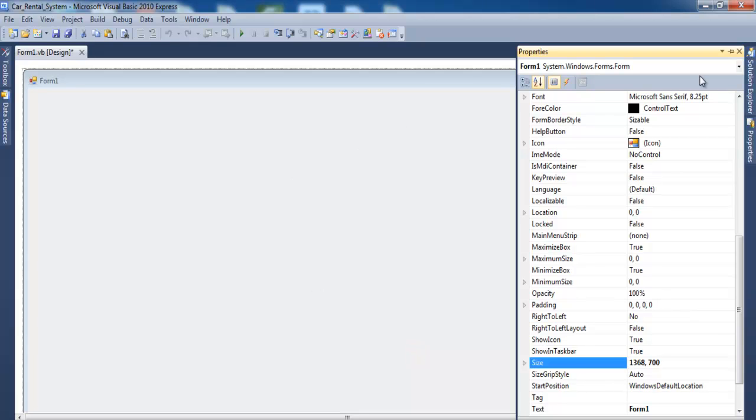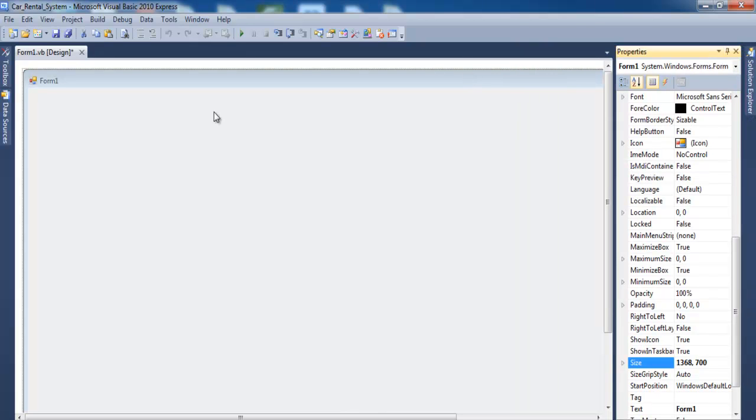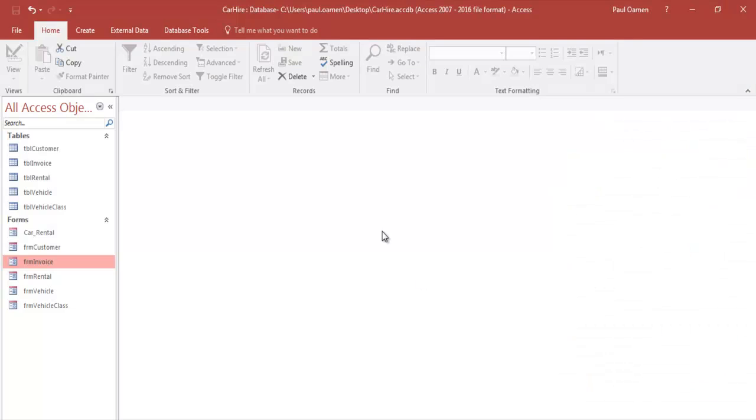The next thing I will do is import the database, but before that let me show you my database. Here is my database. What the guy wants is customer, renter details, and vehicle, and I've also included invoice. That's my database, so those are the tables. What I will do now is